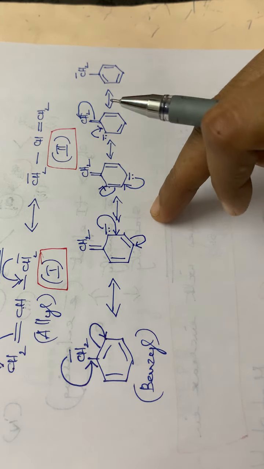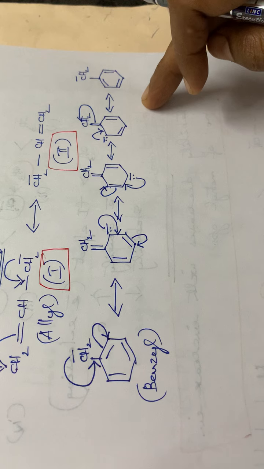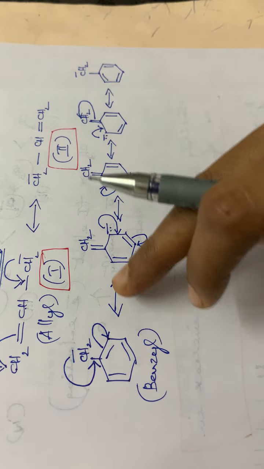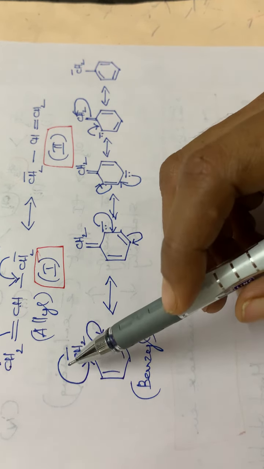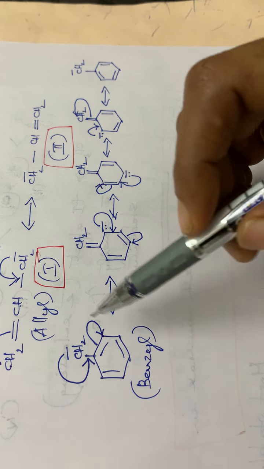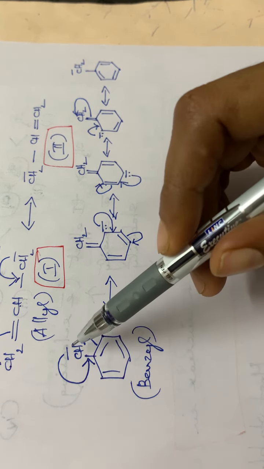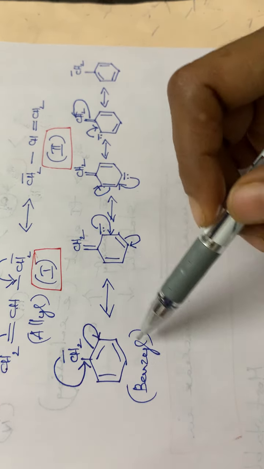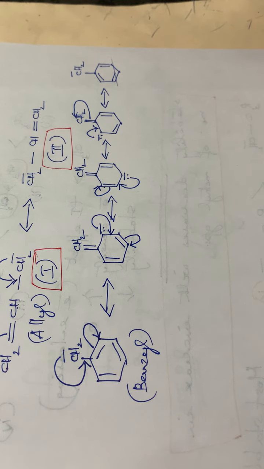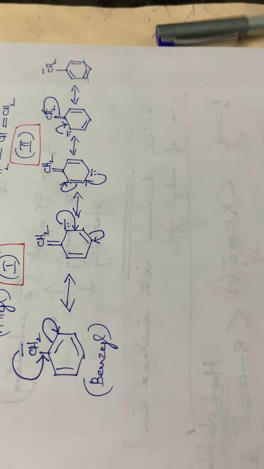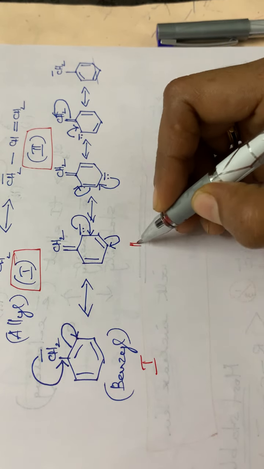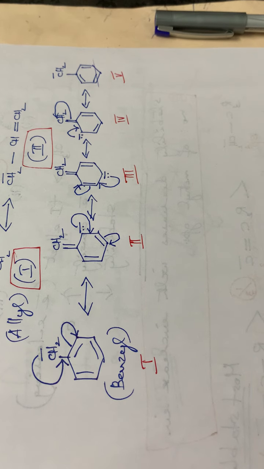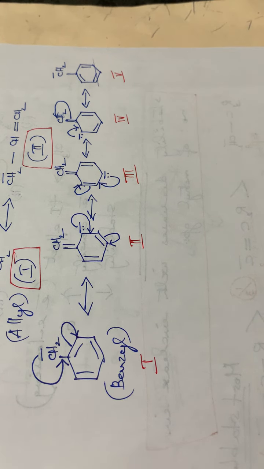You have to draw the resonating structures by yourself. If you have any doubt, then you have to go through the video. Otherwise, you have to practice the electron shift. And the electron shift should be in only one direction. If it is moving in the clockwise direction, in all the structures you have to mark it in the clockwise direction, or else it should be in the anti-clockwise direction in all the resonating structures. So these are the 5 different resonating structures of benzyl carbanion.